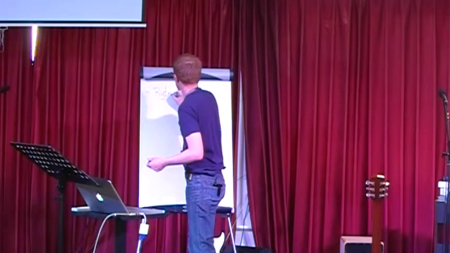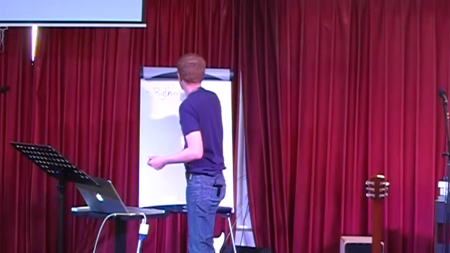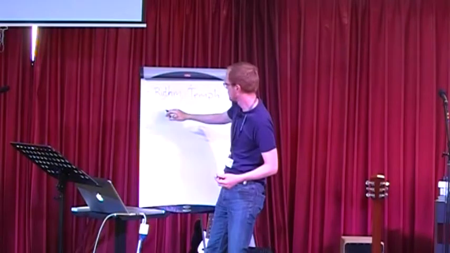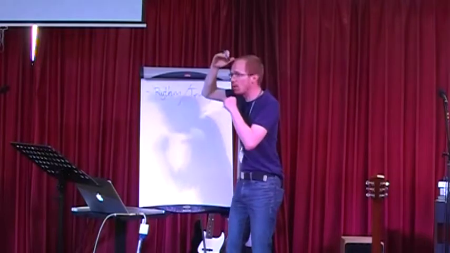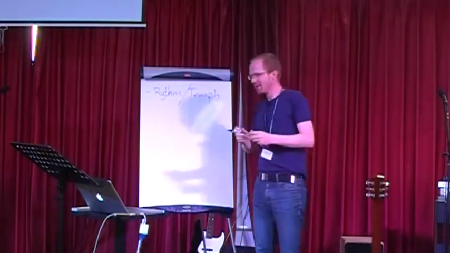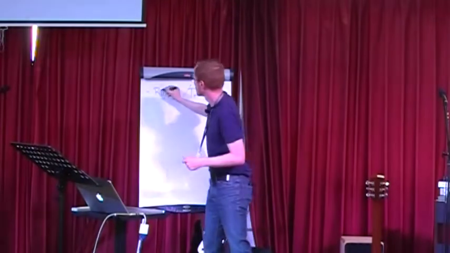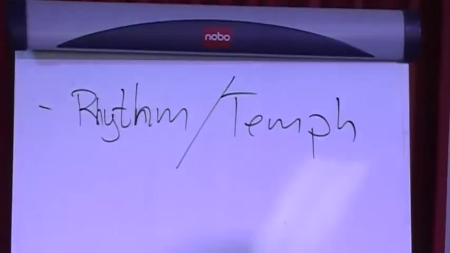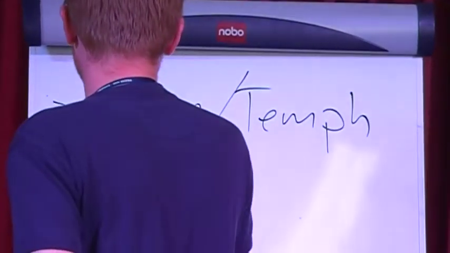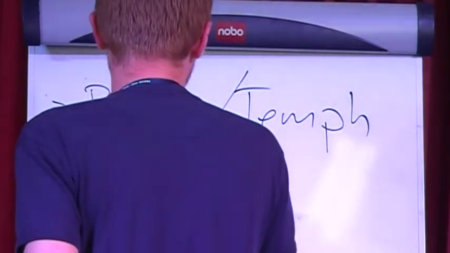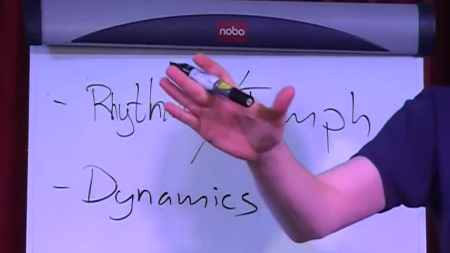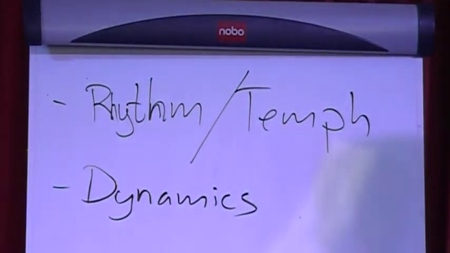I don't know if I'm spelling this correctly here. R-H-Y-T-H-M. Rhythm. Is it correct? Yeah. Thank you. But when you're seeing your own writing this big, this close, it's really difficult to see if you're spelling correctly. There's an H after the R. R-H. Like that? Yeah. All right, thanks. Dynamics. Yeah, that's right. And with dynamics we mean loud, quiet, right? Yeah. Good. Other things?